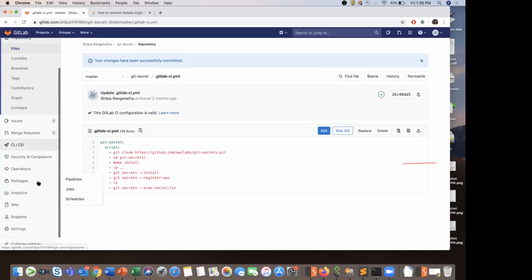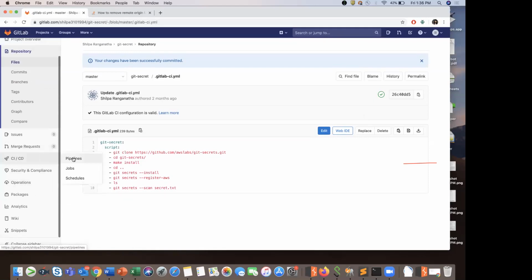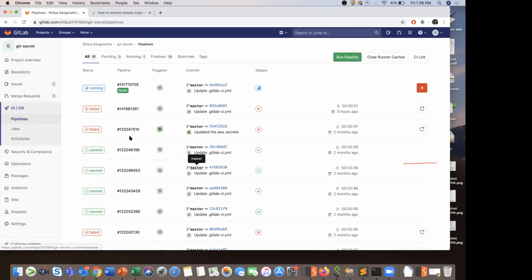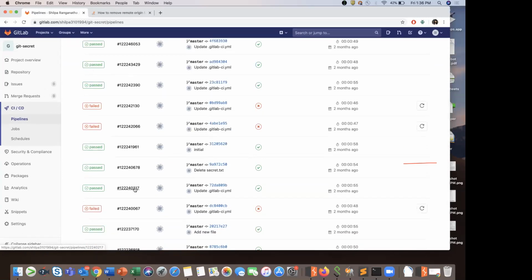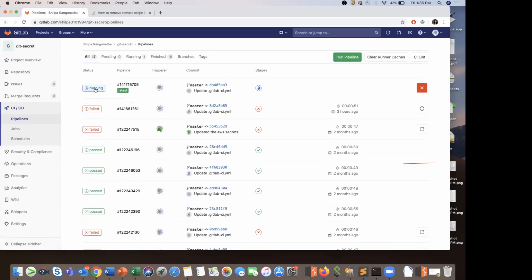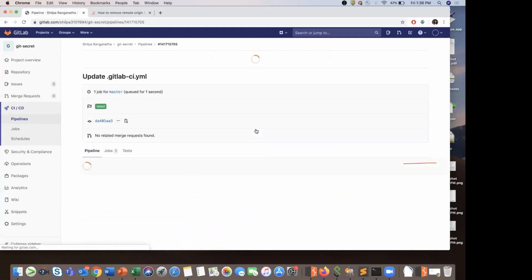So if you go to CI/CD pipelines, you will get a list of all the previous executions of this pipeline. My latest, whatever I am running right now, is still in progress. So let's see.